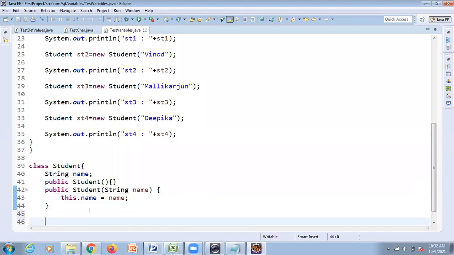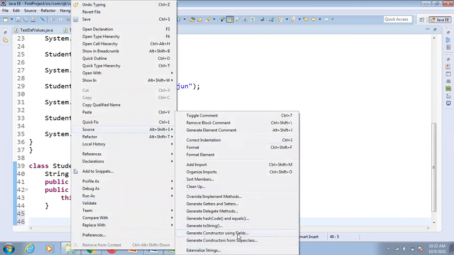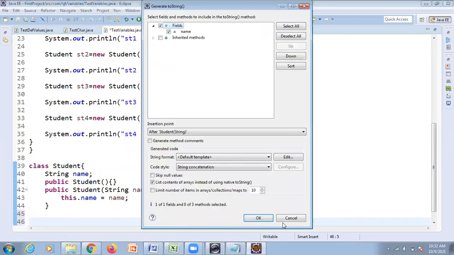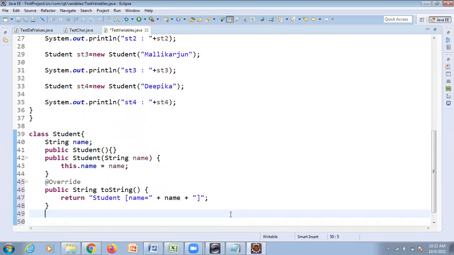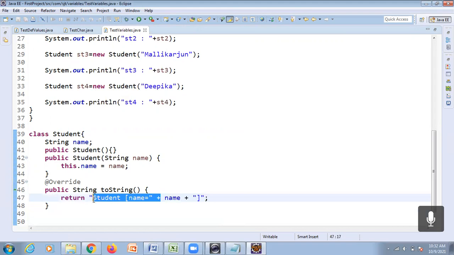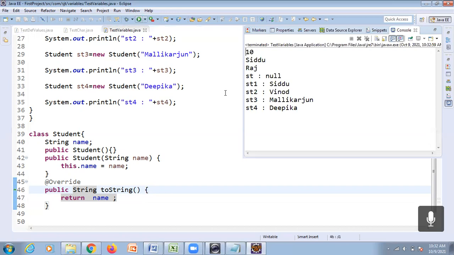Observe here. Now I'll change this. I'll write one toString method here. Just I have written like this. Okay. I'll not print anything here other than this. That's it. Just observe what is the difference. And for this understanding, some more concepts are needed. For now, I'll do it. What has happened now?